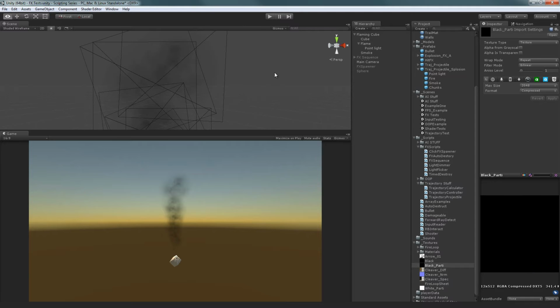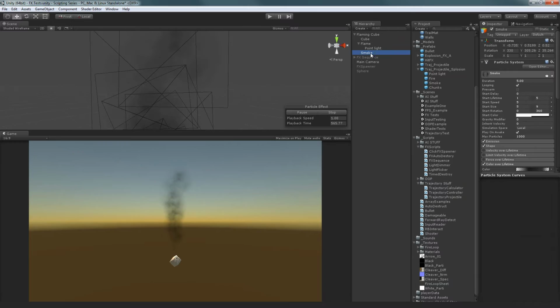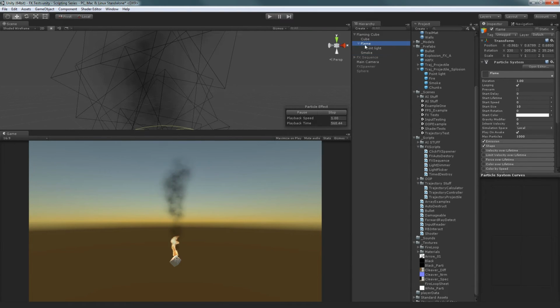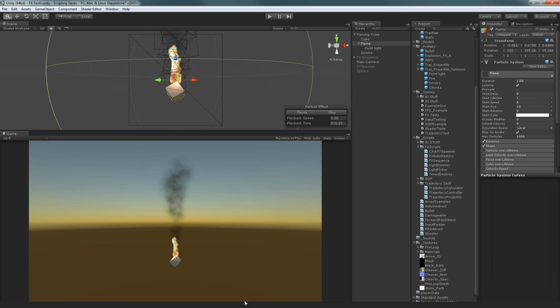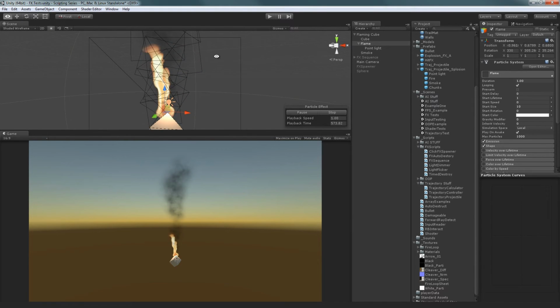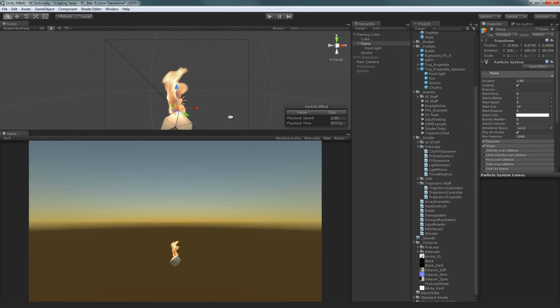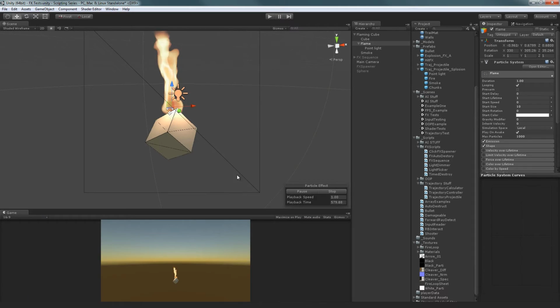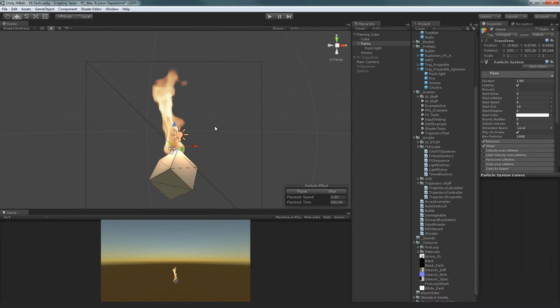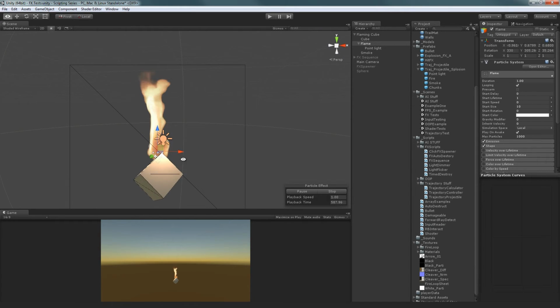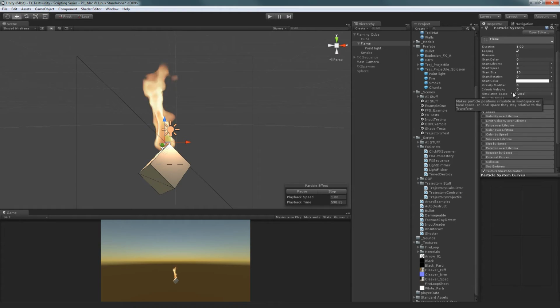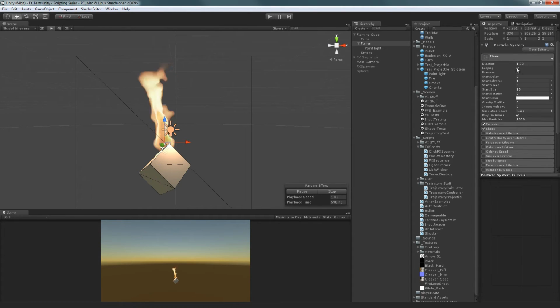So getting back into this, that was the smoke. And I'm sure you guys are all really curious about how I did the fire, if you're new to textures and things, or new to particles. So I'm going to stop this, and I'm going to look at just the flame. This flame is pretty easy to make happen, surprisingly. As far as the particle is set up, it's just a 1 second looping